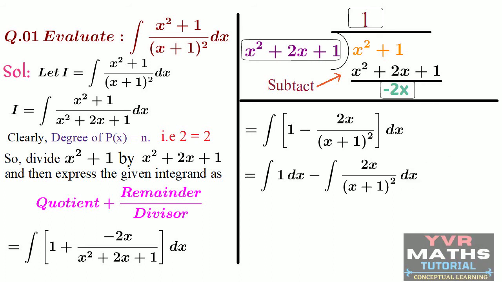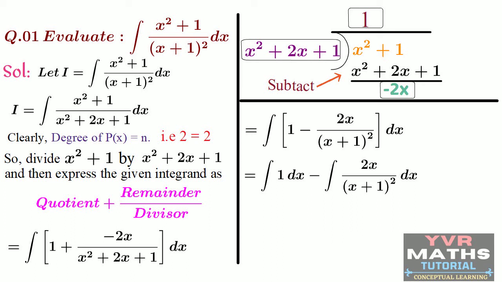Now, as per given algorithm, the second integral part is first case. That means in the previous video, what we discussed about first case, that first case concept we have to follow to find the integral of this part. What is the first case? If degree of p of x is less than n, then express p of x as a polynomial. By using that concept, from the second integral, the constant 2 we will write outside of integration.